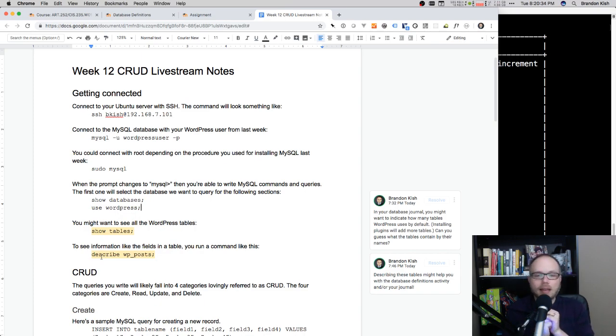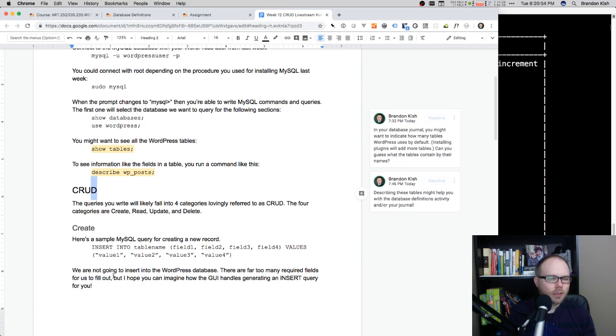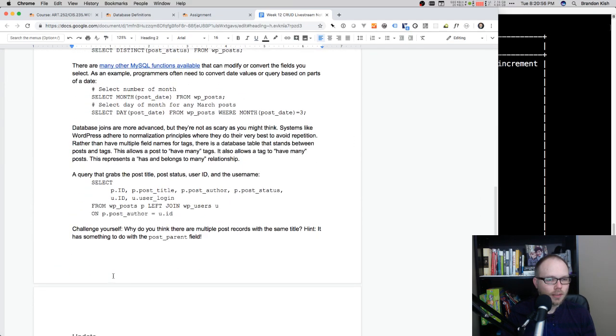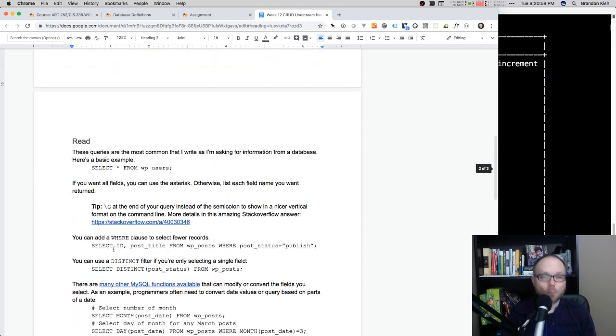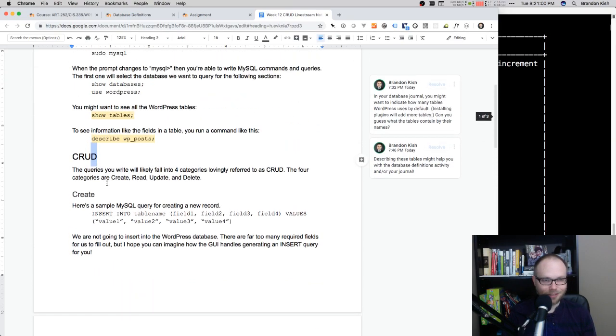And the categories of what you can do to a database fall into a pattern called CRUD, where you will often want to create, read, update, or delete. So that's where CRUD comes from. The C stands for create, the R stands for read, the U stands for update, which means like change it, and D stands for, let's see, delete or destroy. It looks like it is delete from what Wikipedia told me before the live stream. So that's what CRUD stands for.